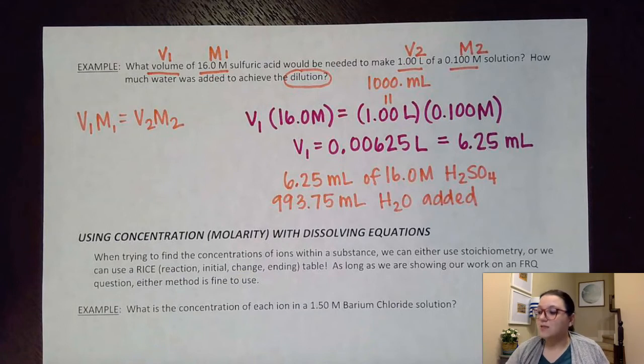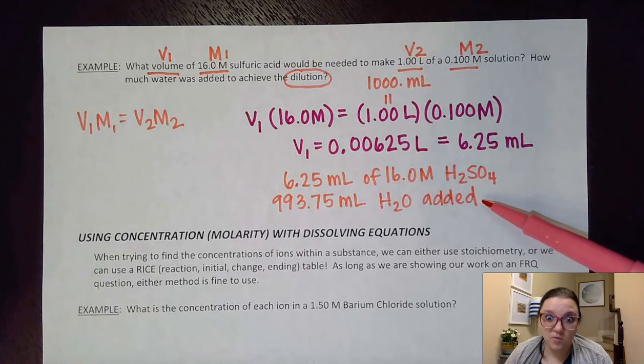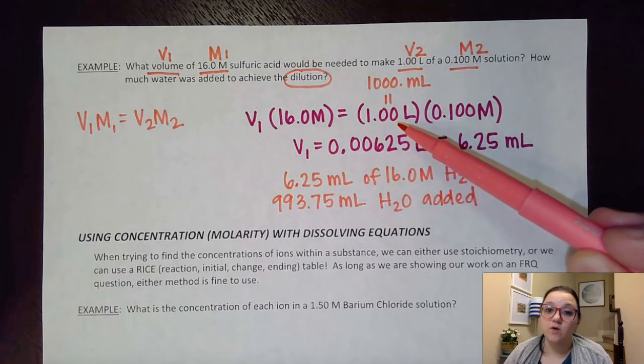So in order to dilute that very concentrated sulfuric acid down, I'm going to add a ton of water in there until the 2 volumes add up to my new total volume of 1 liter